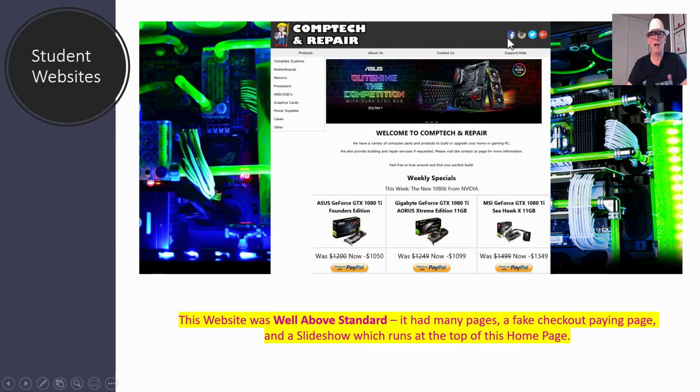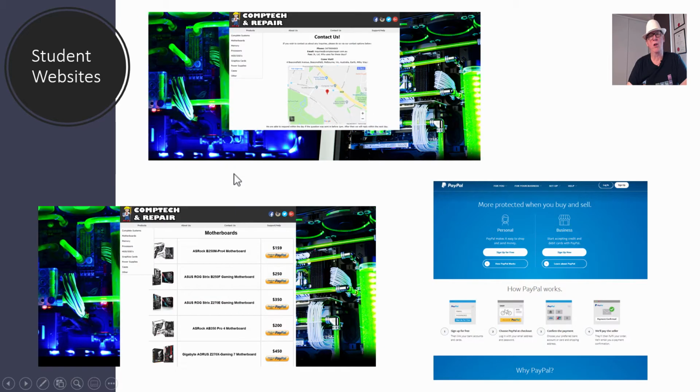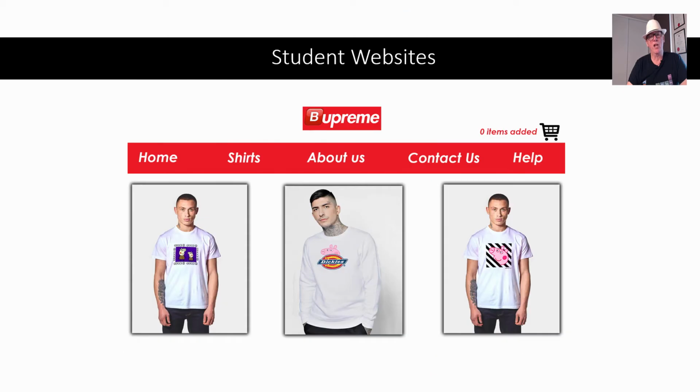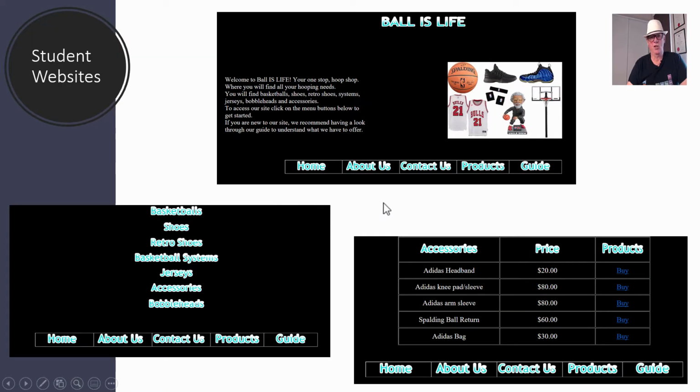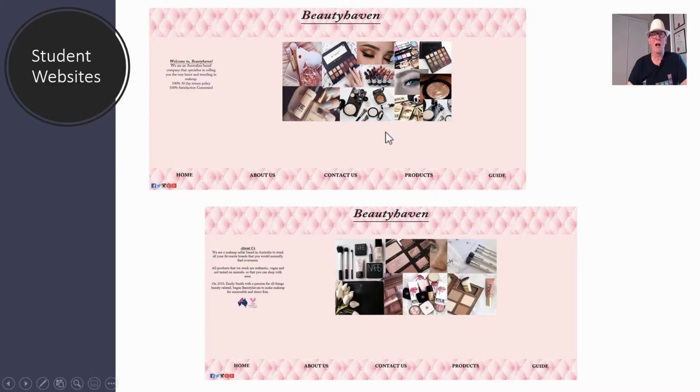This one here had a slideshow going up in here and had all sorts of things happening. This was well above standard compared with the others, but this guy actually knew how to code in HTML as well. And that's why we made this whole build the designs in Photoshop and just link them together simply, because we were finding with teaching HTML to do websites properly, a lot of our students were really struggling. So at least they could make this sort of basic design in Photoshop and then get it to link